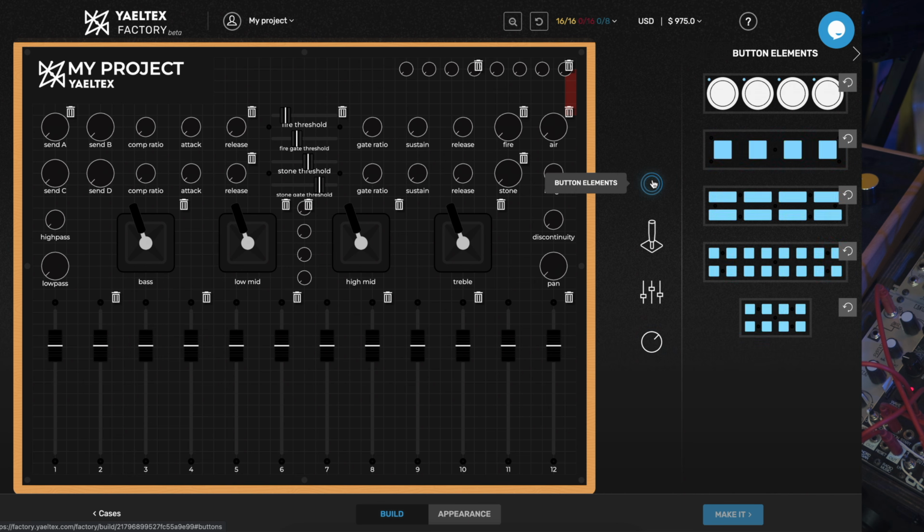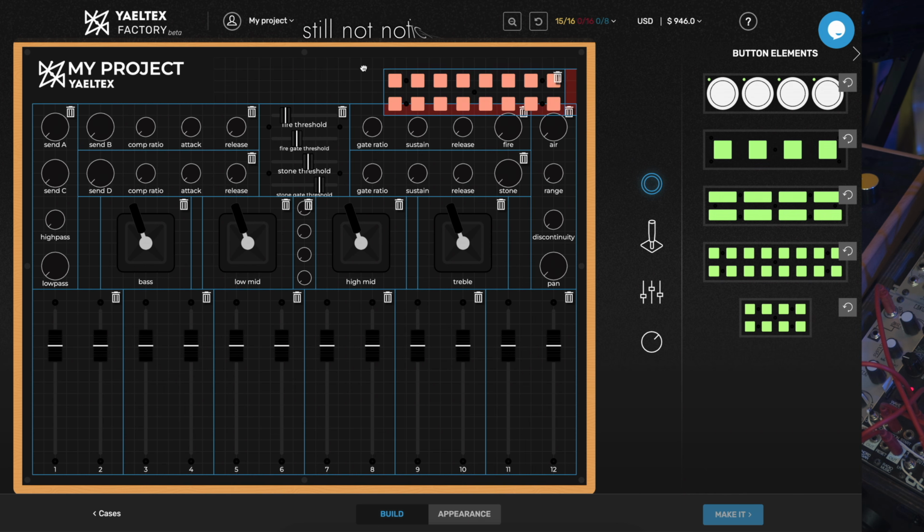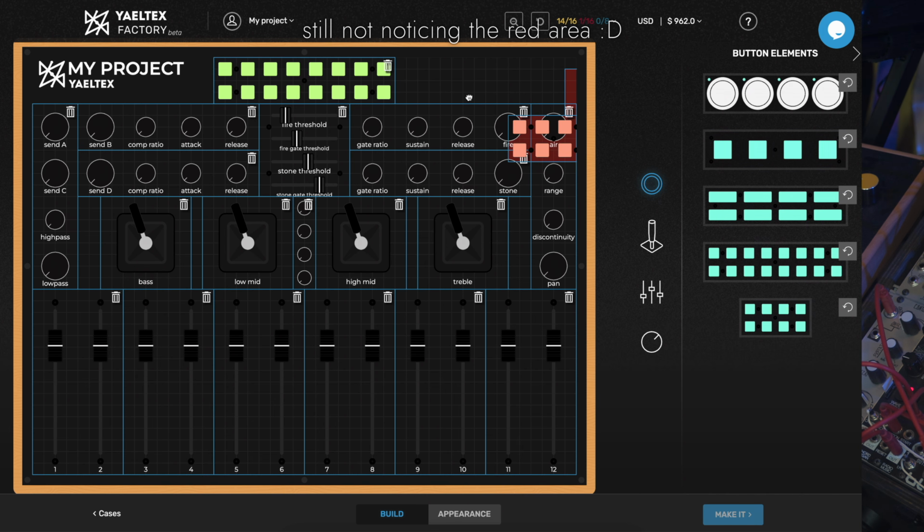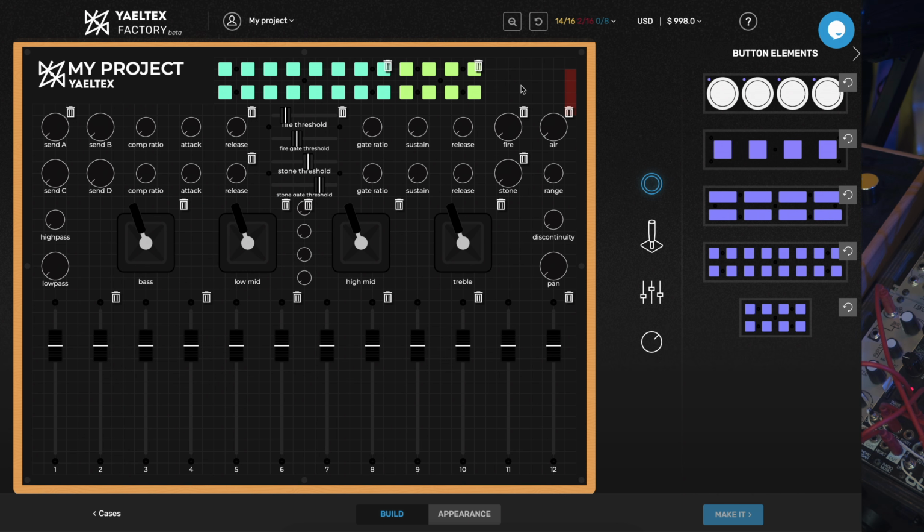I believe we can also do things like digital. And let's find out if that's true. Yep, so we could have banks of buttons up there, and that is now costing me $1,000